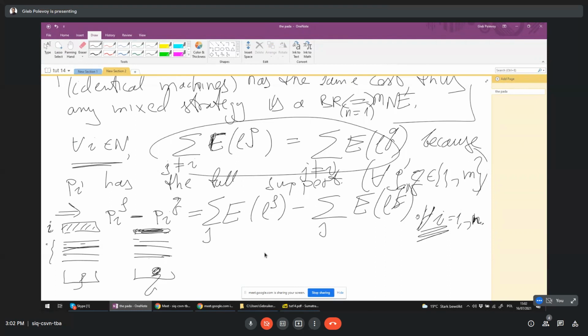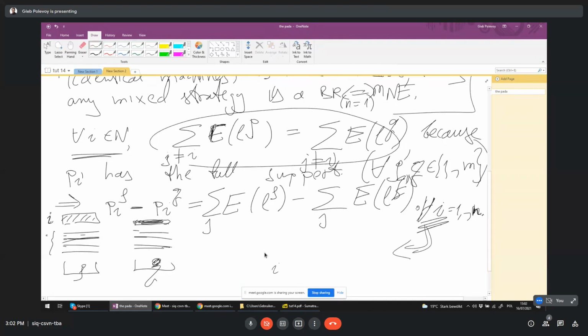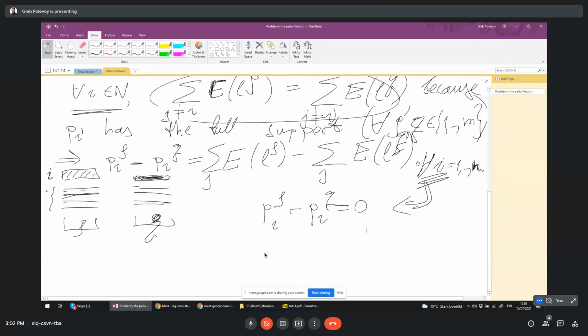So since it's for any player I, the conclusion is that basically it's equal to 0. Is that fine? Yes. So this picture is for any player I. That's equal to 0. And of course, that's basically what we proved. For any player I, for any two machines, there is no difference between what player I gives to rho, and there is no difference between what player I gives to Q.